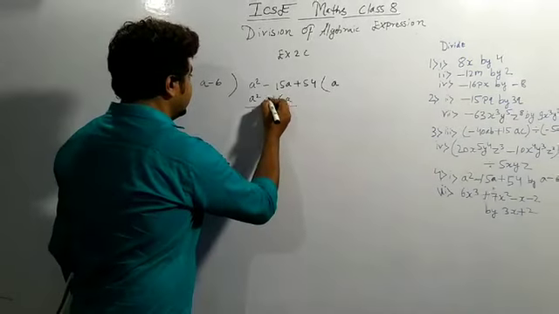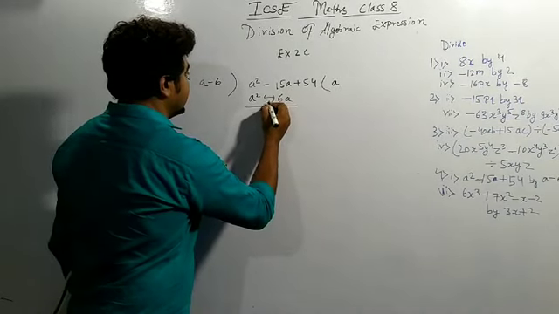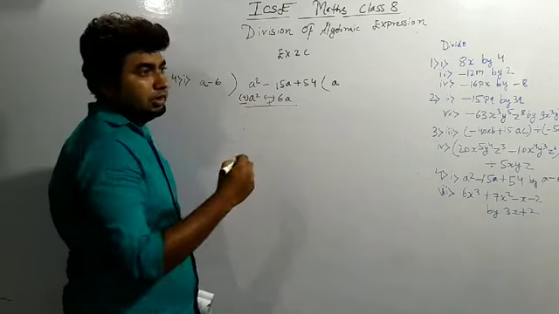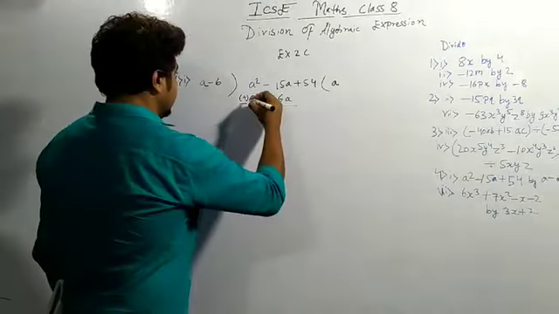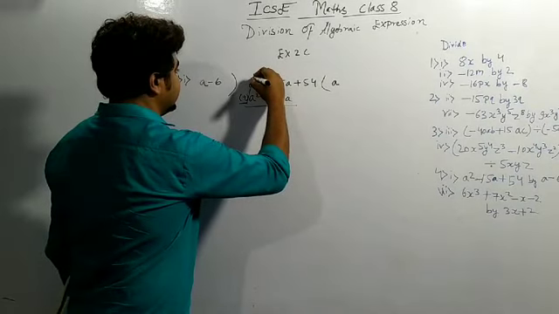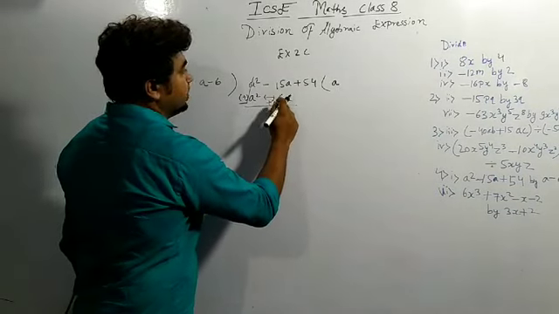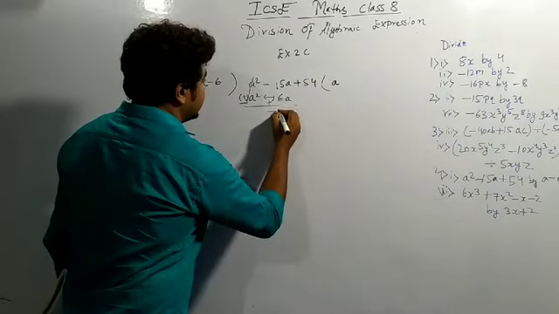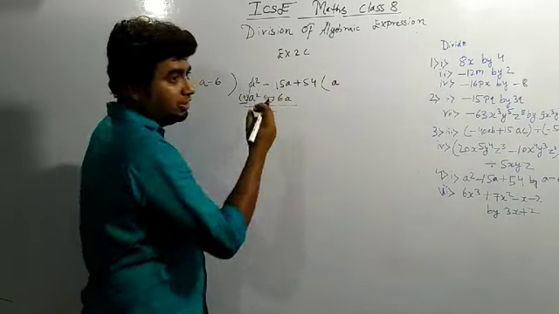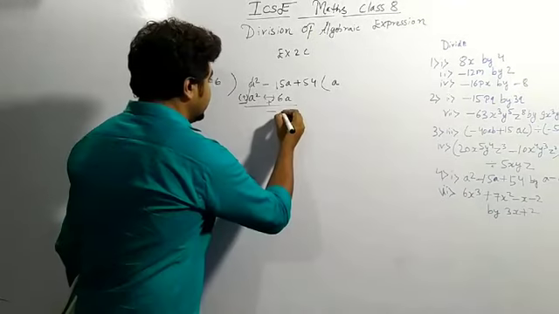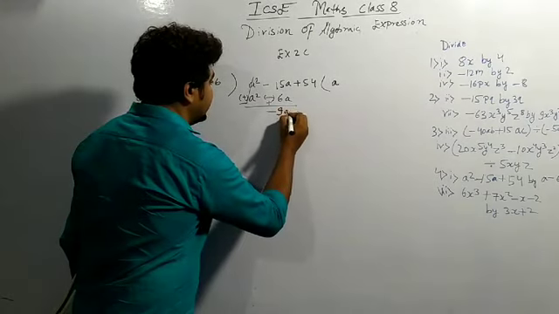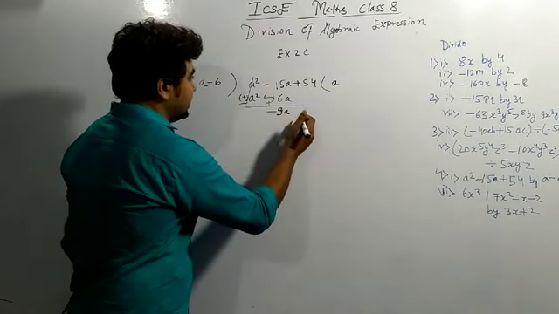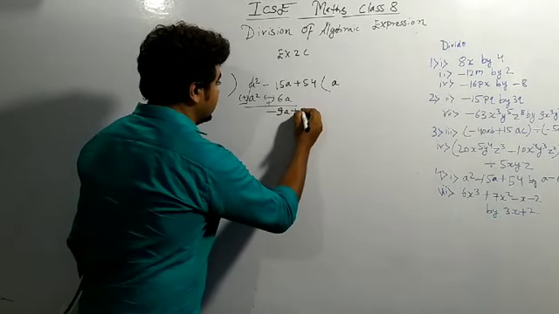Now the signs will change. This minus sign will become plus, and this plus sign will become minus. You have to change the sign automatically. So this term is getting cancelled. And minus 15 plus 6a is minus 15 minus, because the sign of 15 is minus. So it will become minus 9a, since 15 minus 6 is 9. So I will write here minus 9a plus 54.